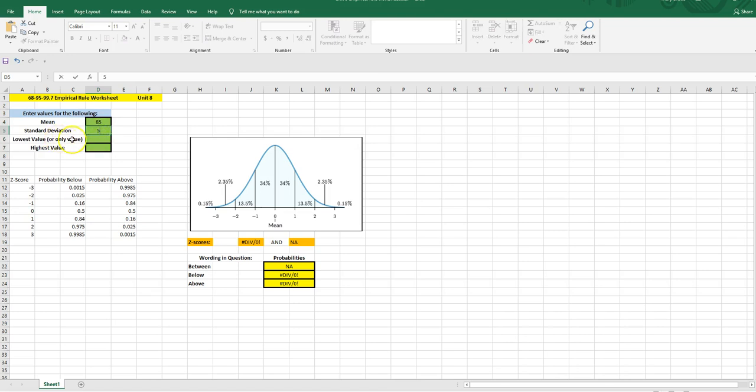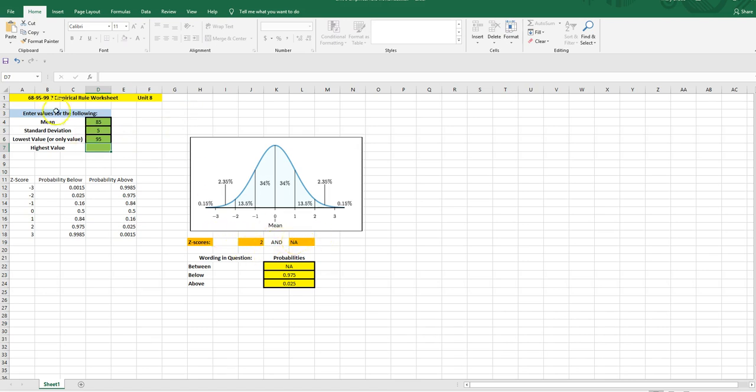And since there's only one value given, you put it in this third blank. If there are not two values given, you leave this last one blank. But if there's only one value given, like in this case, they said find the relative frequency of scores below a 95, then the 95 is the only value given to us. So leave the last one blank, put the 95 in there,